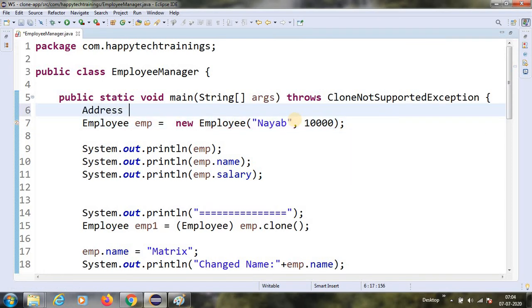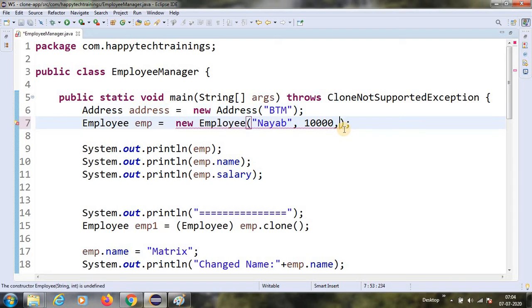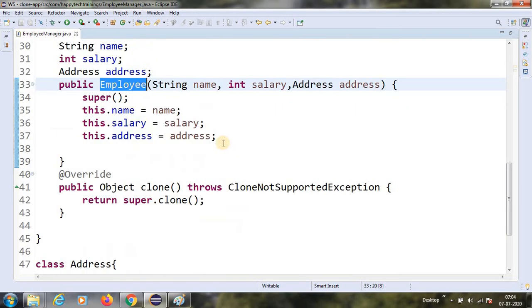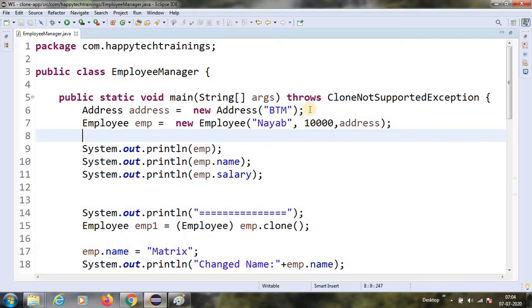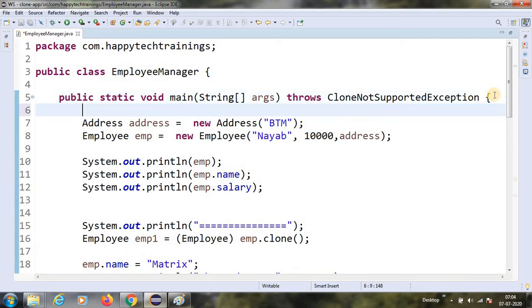So I'm creating an address object, new Address. While creating address, I need to pass the street. This address I have to pass to the constructor of employee, which is taking name, salary, and address. Okay, so now this is my class.